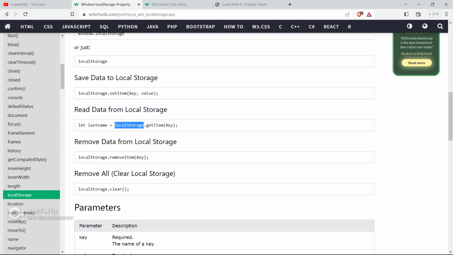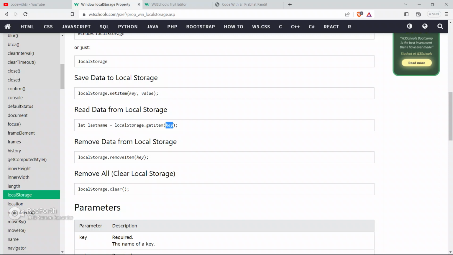To get the data from the local storage, you use localStorage.getItem and you have to specify the key here. This key should be the same. So to get the data from the local storage after storing it, we will use localStorage.getItem and provide the key.